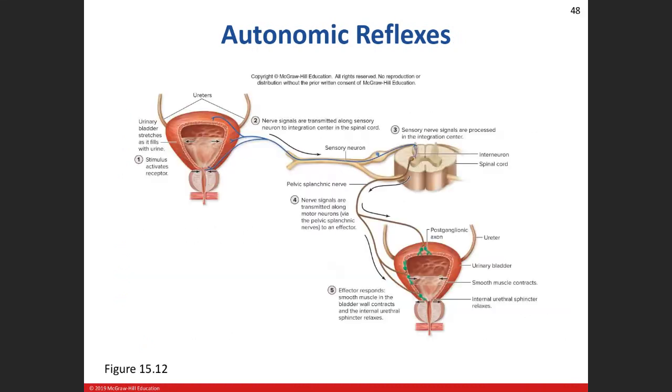So I'll show you a picture here. Last slide. Here you can see urine comes from the kidneys via the ureters down into the bladder. It starts to fill the bladder. The more volume of urine there, the more stretch is placed on the walls. So the stretch from the volume of urine is our stimulus. The baroreceptors will transmit that information to the spinal cord, and the spinal cord will then